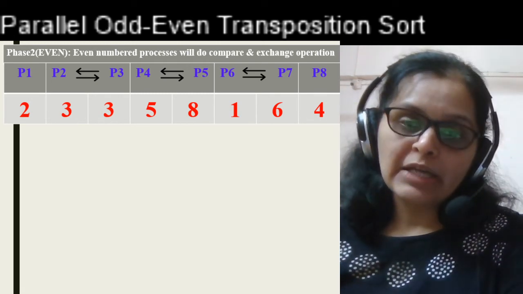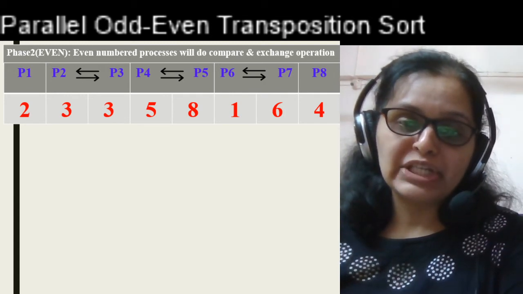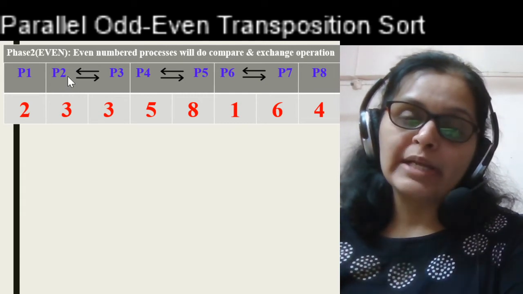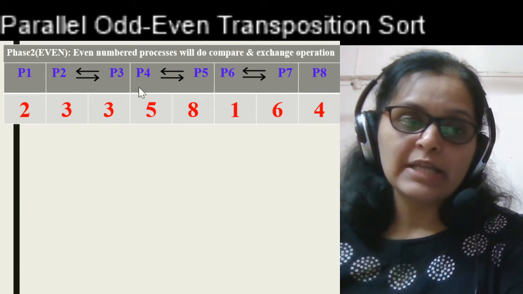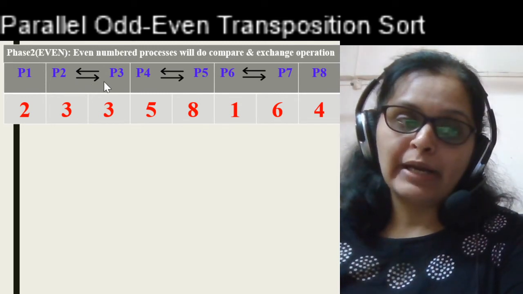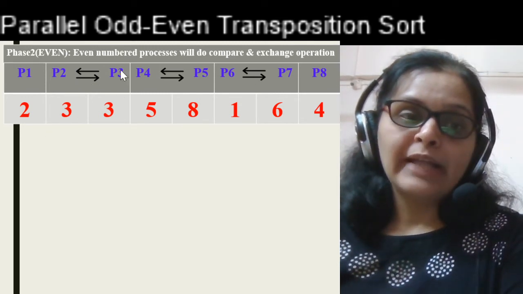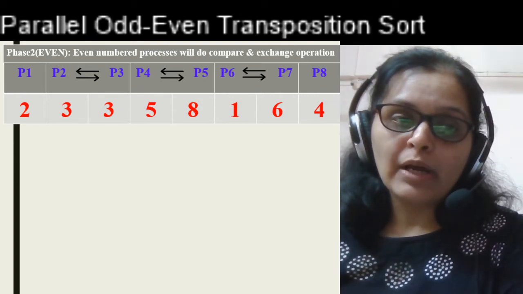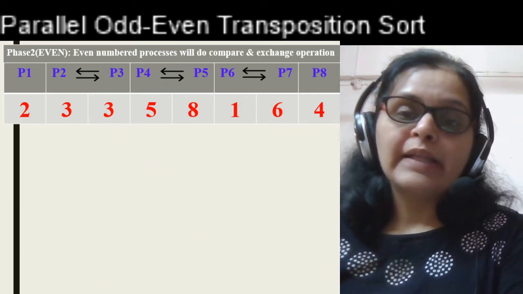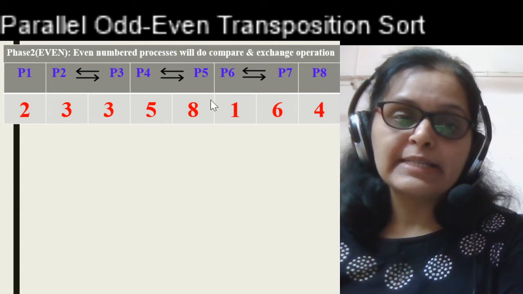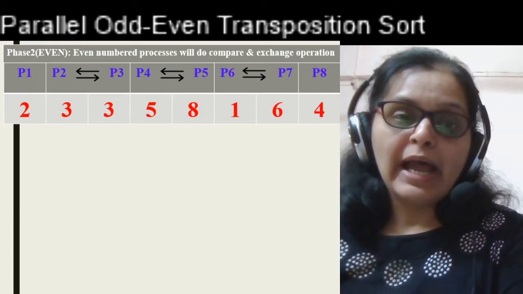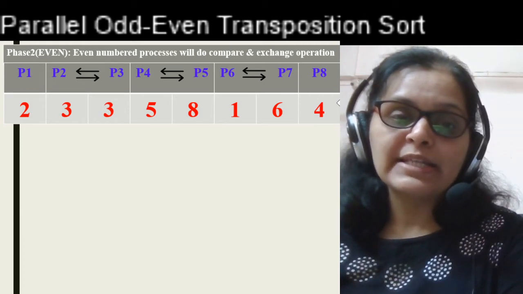So let us start with the compare and exchange operations from the process P2. Is it? So P2 is the first even process in the series. So P2 will do again the compare and exchange operation with P3. Next process in the even series is P4. P4 will do the compare and exchange operation with P5 like this. Next process in the even series is P6. P6 is doing the compare and exchange operation with P7, and the last process in the even series, just see